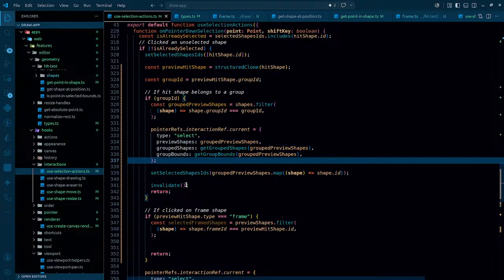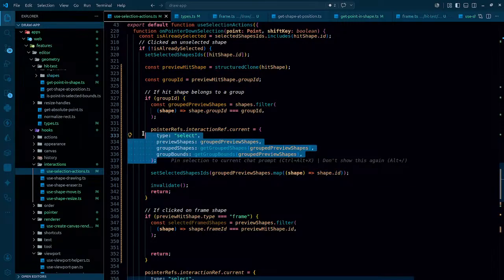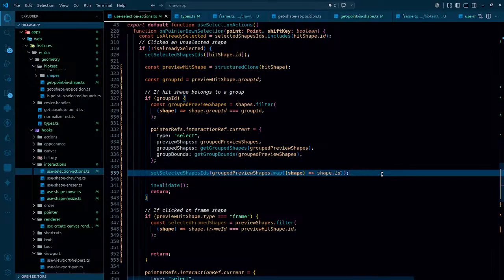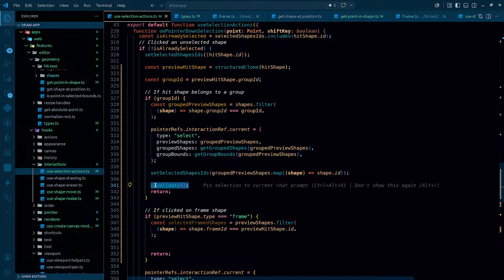And then we are setting the selected shapes IDs. Selected shapes IDs in the sense all the shapes that belong to that particular group, they are going to be the selected shapes, and we are just simply returning after invalidating. Invalidate does what? It just invalidates the previous shapes and re-renders the new shapes and all. Okay,